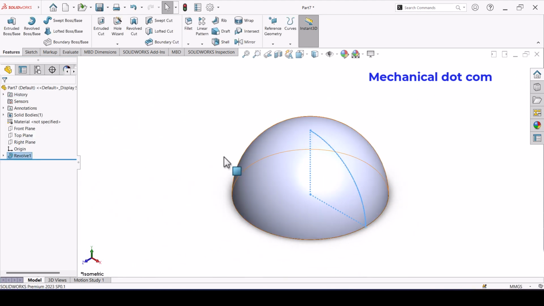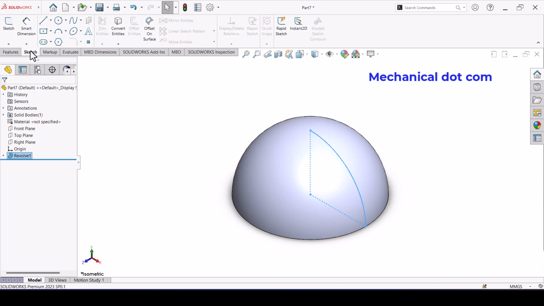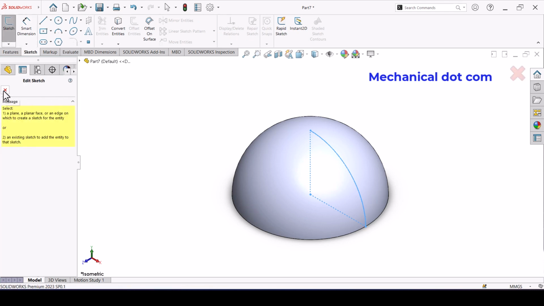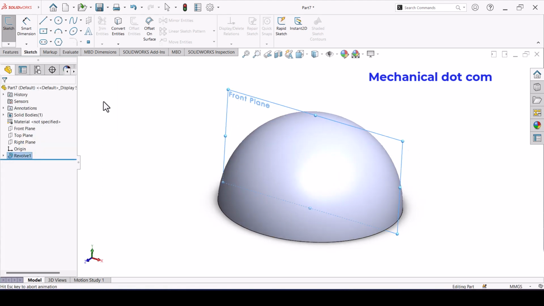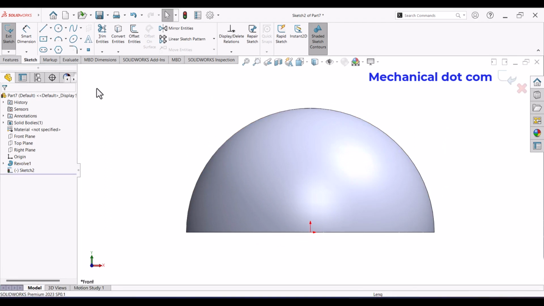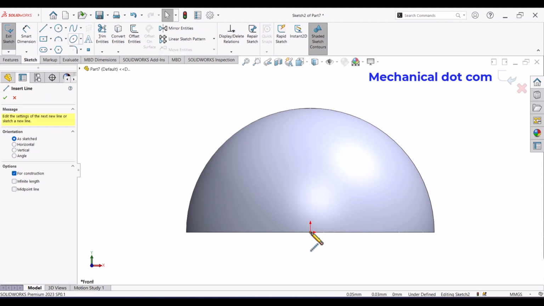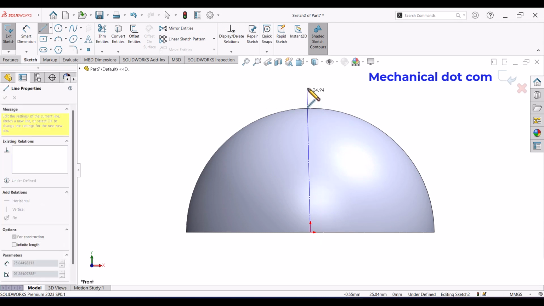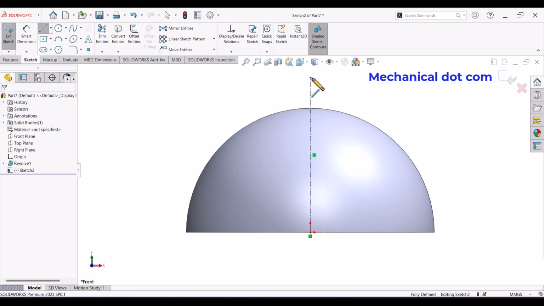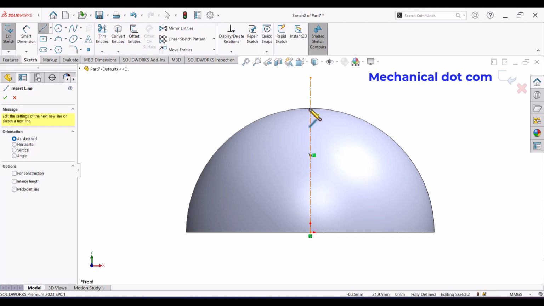Now Control 7 and this is the isometric view. Now go to Sketch, select the front plane and normal. Now make the vertical center line like this. Also two lines, one horizontal and one vertical.